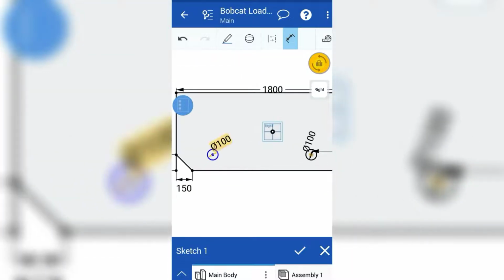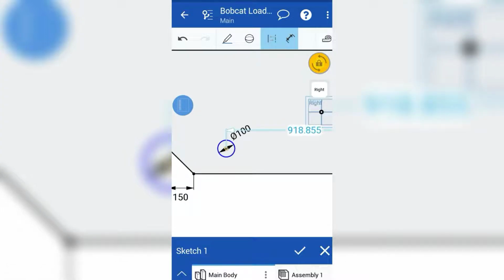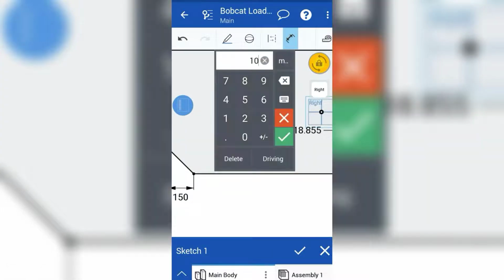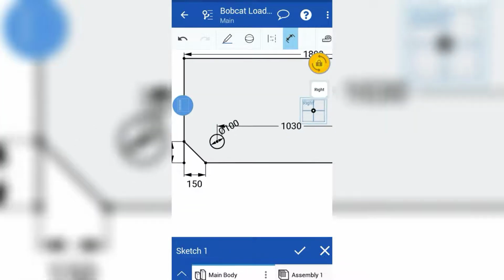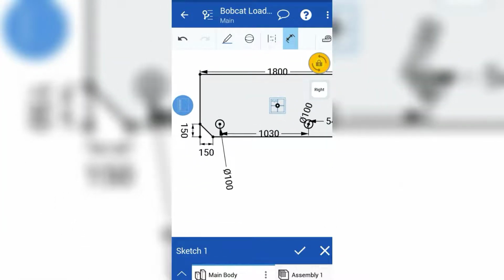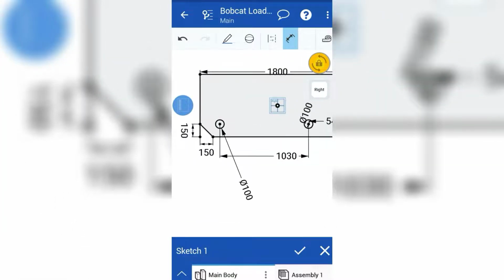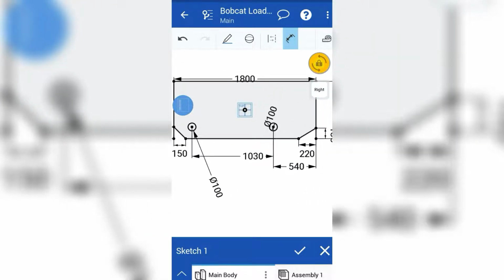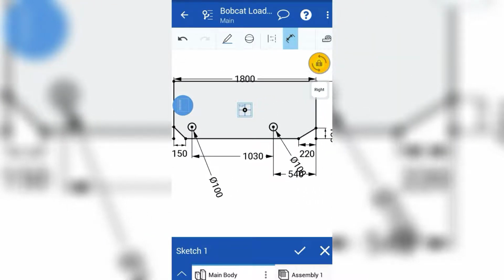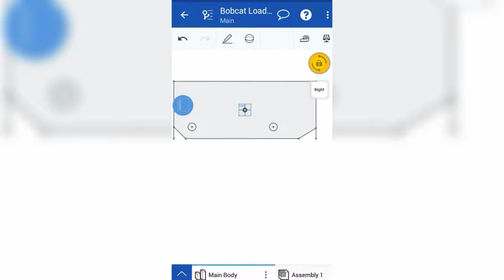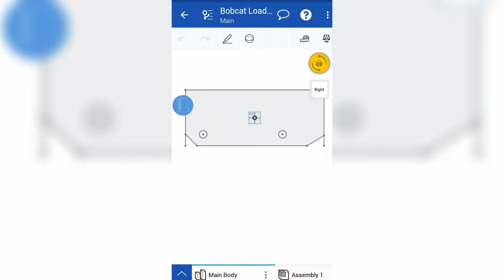Now define the other circle from the first circle. Select the centers of both circles and give the dimension as 1030 millimeters. Drag and drop the dimensions so that you can view the sketch properly, and the sketch is ready to